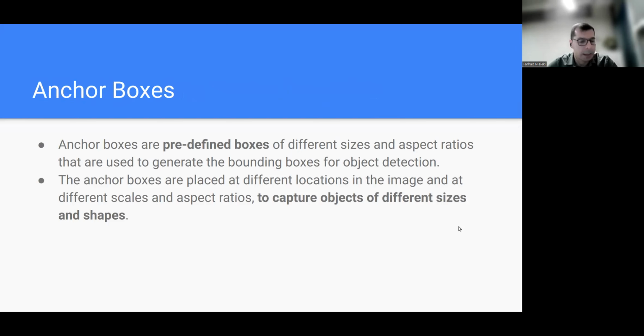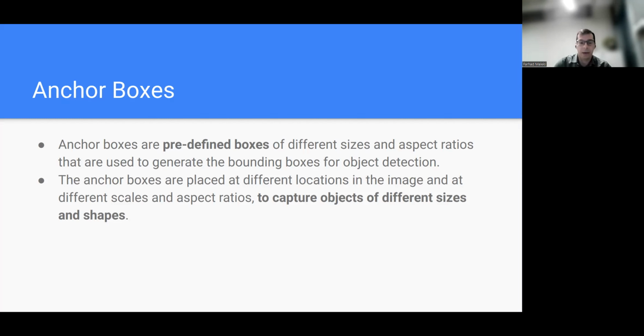We use the anchor box that I mentioned earlier. What is an anchor box? It is a predefined box. For each pixel or each region, we create, let's say, 9 or 15 anchor boxes for different regions of the image, with different aspect ratios and different sizes, because objects might have different aspect ratios and sizes. I have a large number of them. I know that many of them are redundant, but I don't worry because I have non-maximum suppression that can get rid of many of them. So that's how I can start.